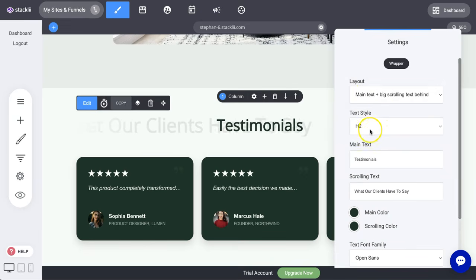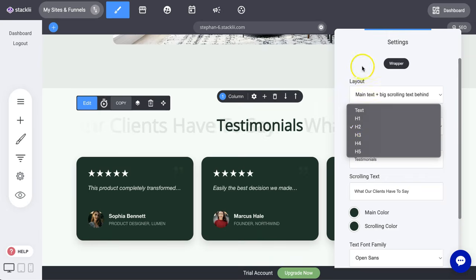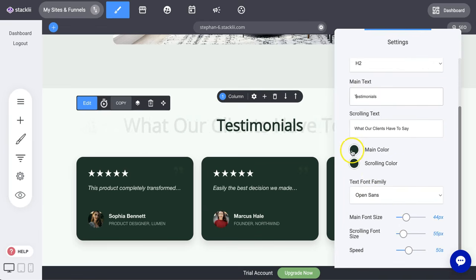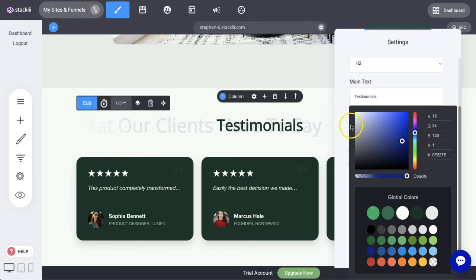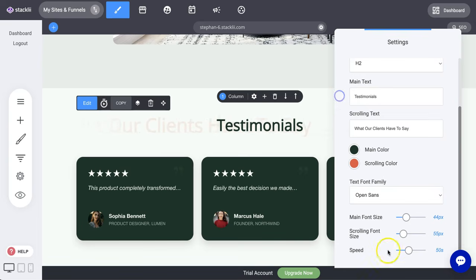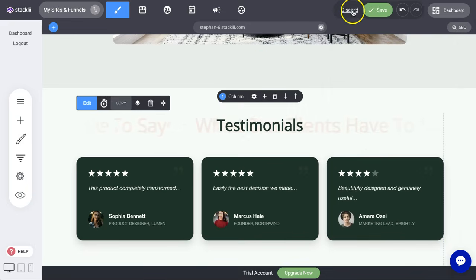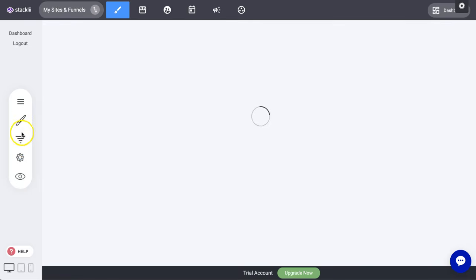Now, if you have it in main plus text, you can also select the style. What type of a heading must this be, or is it normal text? Your main text, that's let's say the top layer, and then the layer behind, and you can set the colors for each one of them individually. Obviously the back one is a bit dimmed, but you can set them individually, and then have your normal font styling and scroll font size and the speed at which that scrolling text must move, basically. So that is the sliding text,